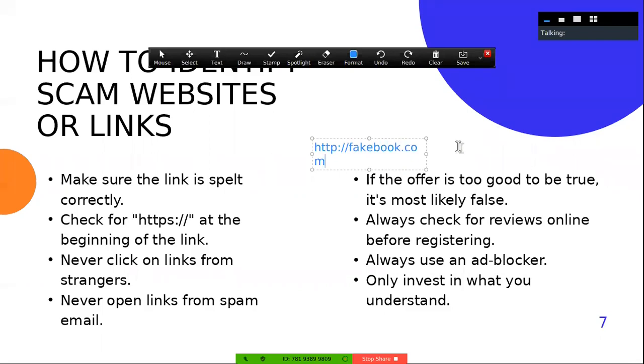Can you see this? Let's analyze this link. We'll use it as our basis to explain everything we are going to do. Okay, now you see HTTP://